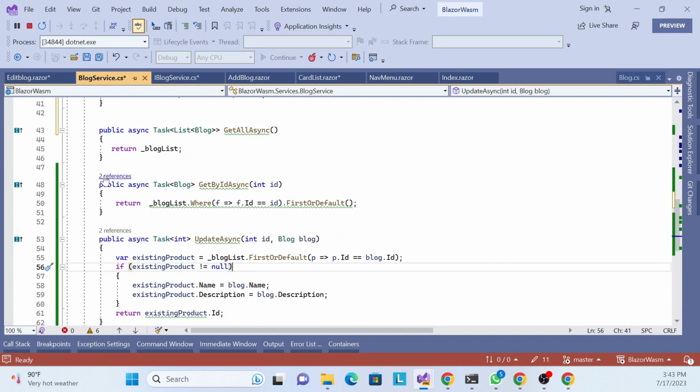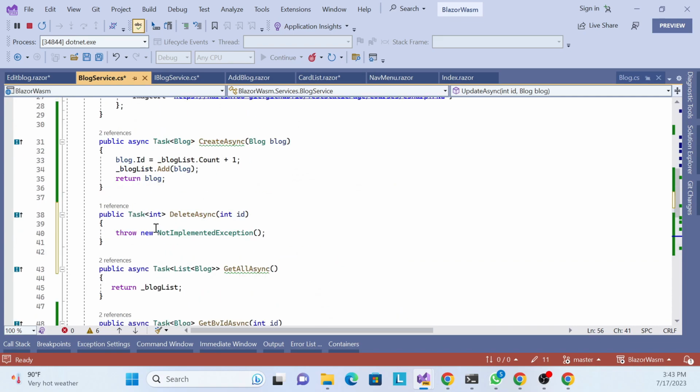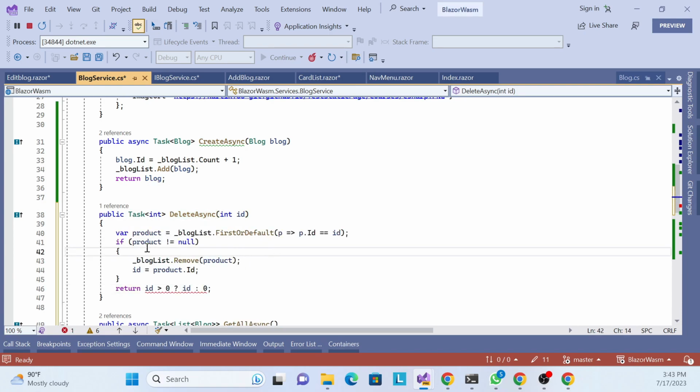Okay, and see, there is a method called DeleteAsync. And we have to put some delete logic. It is very simple. So let me put some logic, and I'll explain what we are doing. Similar to the blog list, inside the blog list we are trying FirstOrDefault and passing a lambda expression and comparing, so that we get that object. And this object we are trying to find, if it is not equal to null,